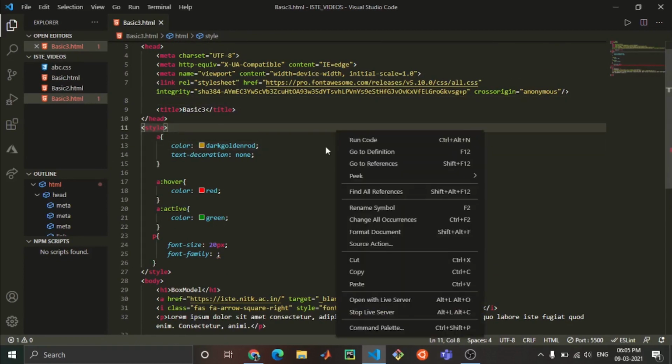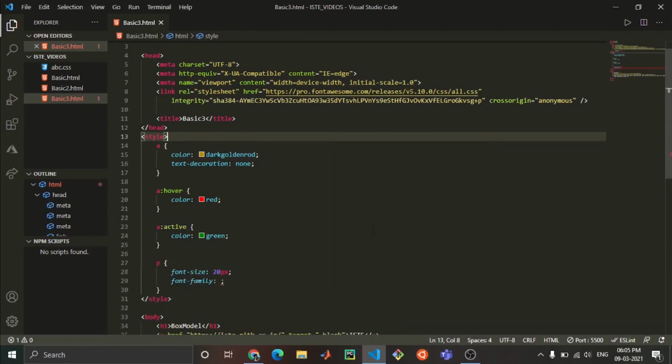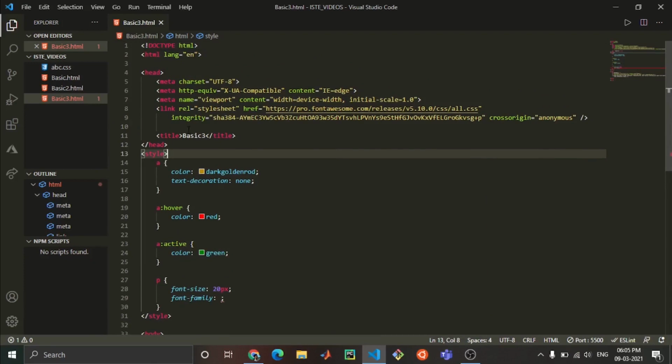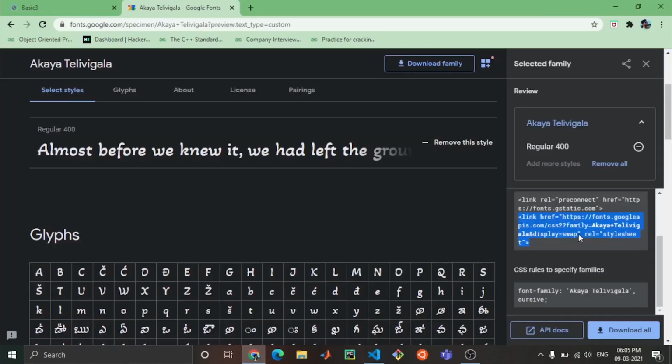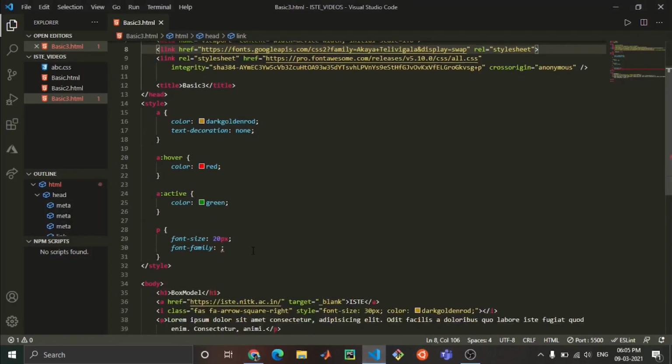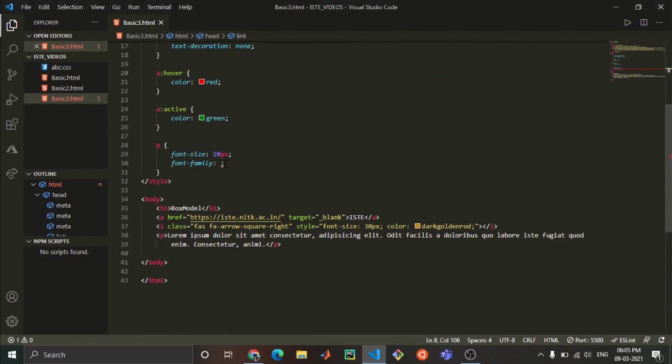You first format your document and see if there is some error or not. Okay, still I can't see any error. I just first copy this. You can copy anywhere, it doesn't matter. Okay, I just copied this. Now what you have to do is go to font family, copy this, go to your VS Code, and here you can just paste it.